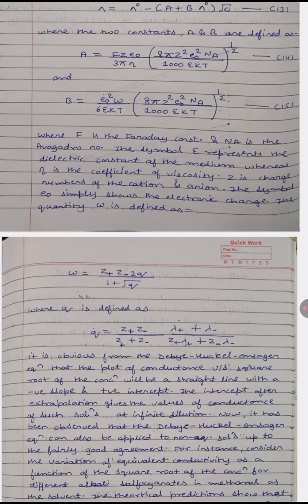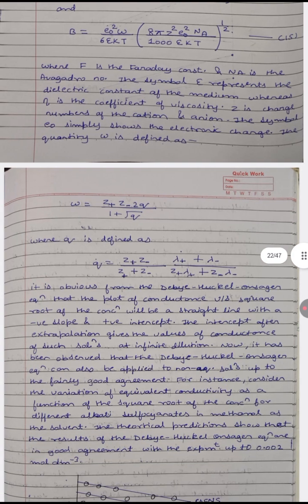as a equals F z e naught divided by 3 pi n, bracket start 8 pi z square e naught square into N_A divided by 1000 epsilon kT, to the whole power 1 by 2, equation 14, and b equals e naught square into omega divided by 6 epsilon kT, bracket start 8 pi z square e naught square into N_A divided by 1000 epsilon kT, to the whole power 1 by 2, equation 15, where F is